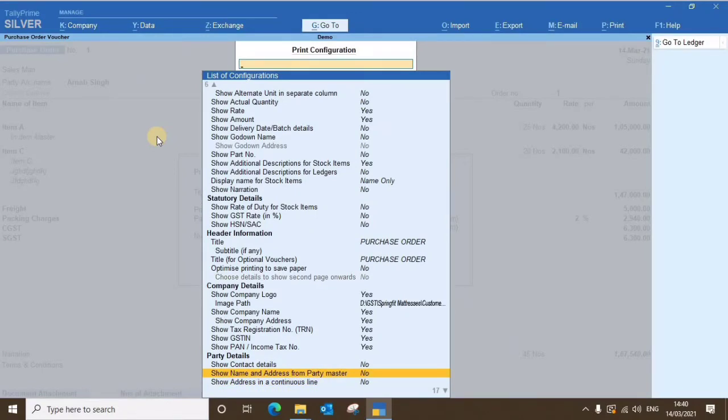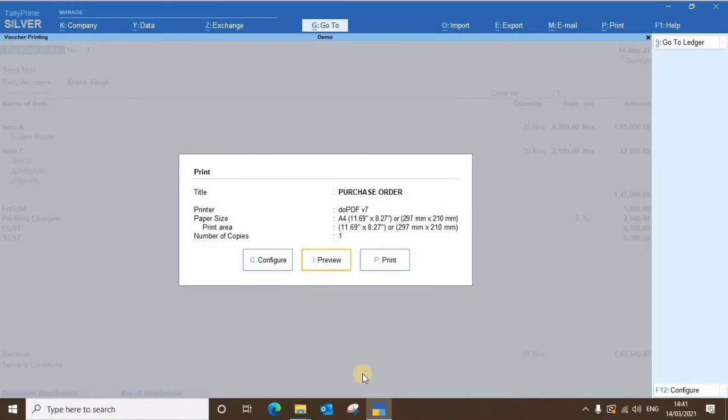If this option is yes, whatever you entered in the purchase order as the address of the consignee and the address of the buyer will not be displayed. It will display only the information in the master. The real-time details you fill in will not print out. So you can make it no, because exactly what you enter in the PO, that address will be displayed on the screen. Okay friends, I request you to make this option no, because it is most important. If this option is no, then whatever you fill in your PO will be printed in the purchase order. Okay friends, now I will show you.